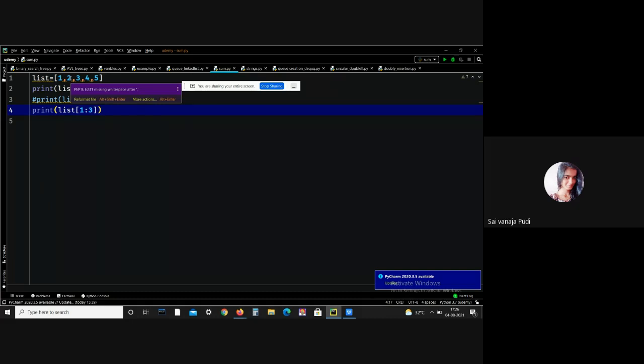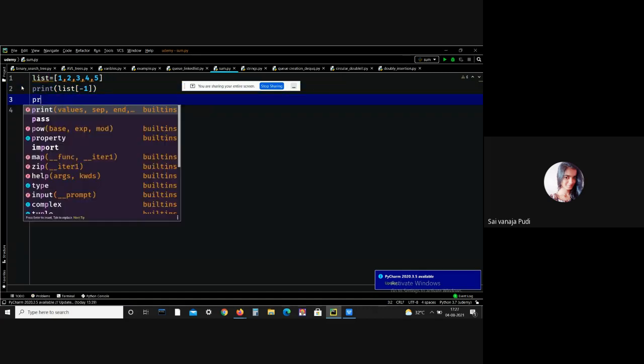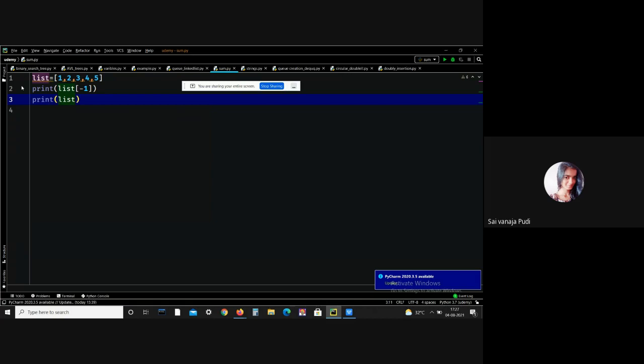Let me give an example. Here I just want to print list of -1, and I just want to print list of -2, and -4.